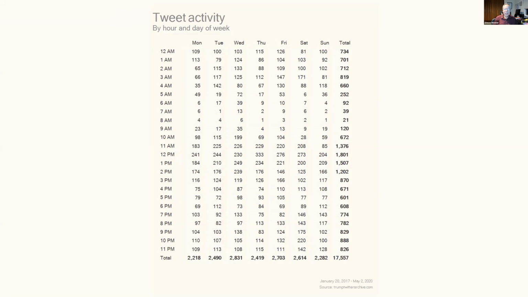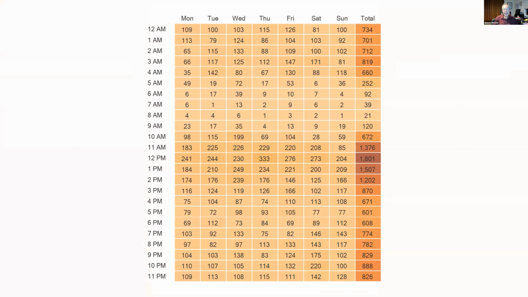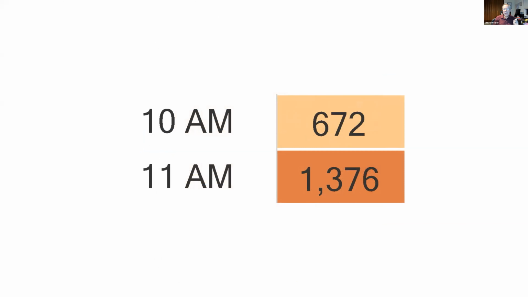If they say, well, why not just do the highlight table? Well, here's what happens if you highlight the totals. The inside of the table becomes all muted because you have the dark numbers for the totals. Well, let's just focus on using color. I want to just look at 10 a.m. and 11 a.m. and show you the degree to which the bars are going to be way better than color. I can see that 11 a.m.